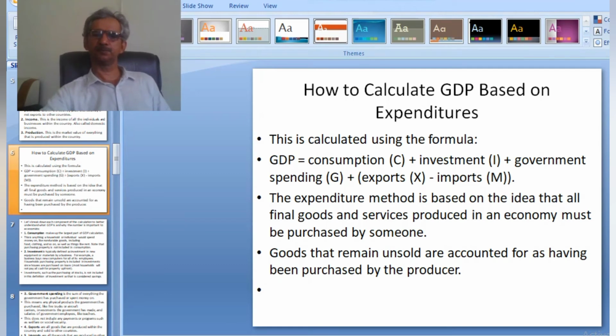The expenditure method is based on the idea that all the final goods and services produced in an economy must be purchased by someone. The goods and services which come to the market and are purchased by the people are counted into the GDP. When we add all the expenditures, the goods that remain unsold are accounted for as having been purchased by the producer. The stock or the remaining production is treated as goods purchased by the producer himself or herself. So we have consumption expenditure, investment expenditure,